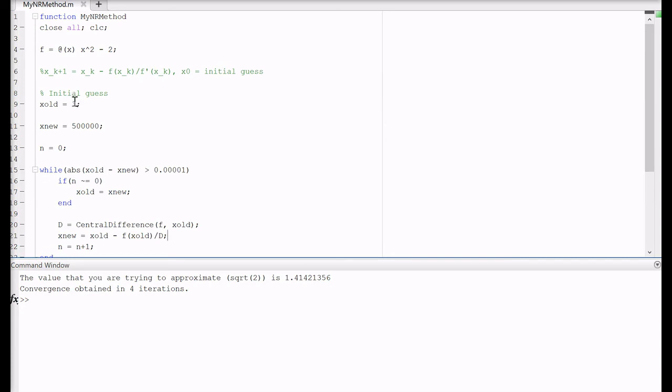You may want to choose probably 2 as your upper bound, since square root of 2 is definitely less than the square root of 4. So probably if we change this to 2, we can get a faster convergence rate. Yeah, 3 iterations. So anyway, that's how you can implement the Newton-Raphson method in MATLAB in order to